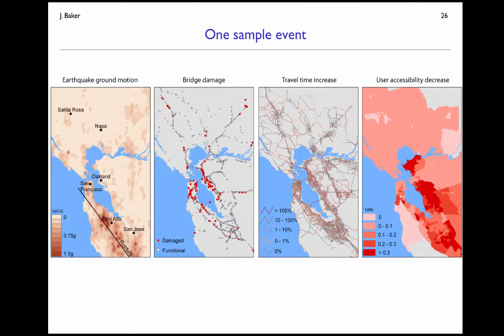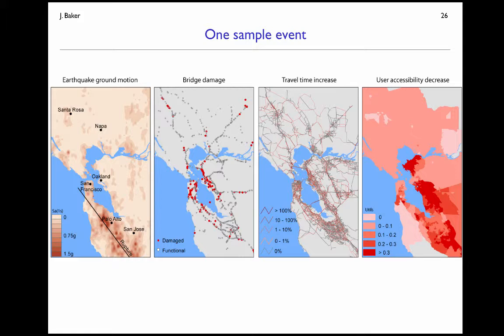Okay, so we've made it through all our steps in our analysis. Just to recap, let's look at these 4 panels again. In step 1, we were simulating earthquake ground motion. In step 2, we used those ground motions to simulate bridge damage using those fragility functions. Then we reduced our set of simulations between step 2 and step 3. For our remaining simulations, we looked at network analysis and computed travel time increases, and then we used the state of that network to compute this user accessibility, which was measuring the ability of users to take the trips that they would like to take, even after the network is damaged by an earthquake.